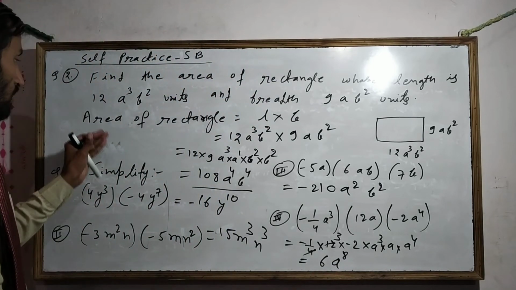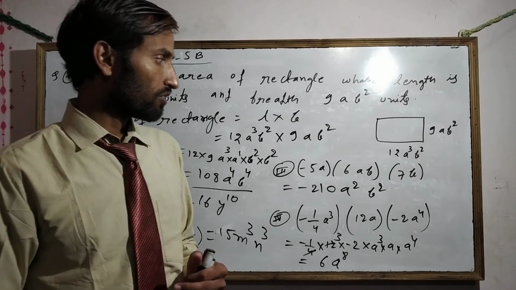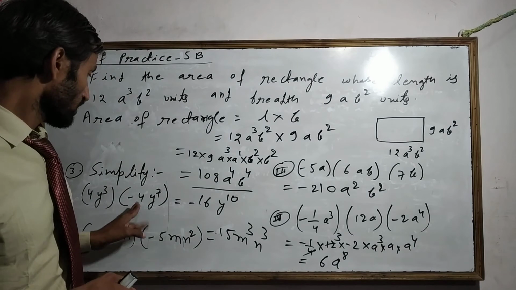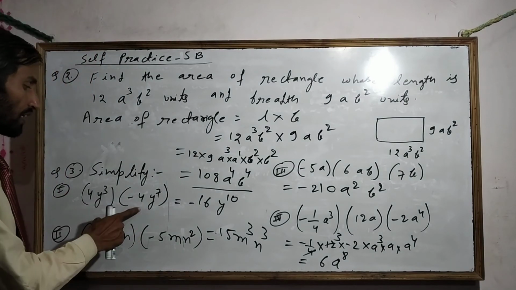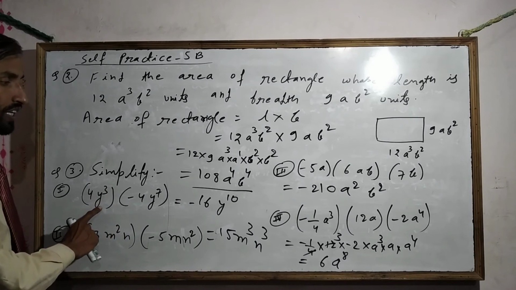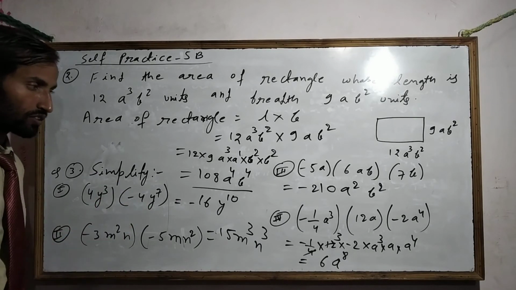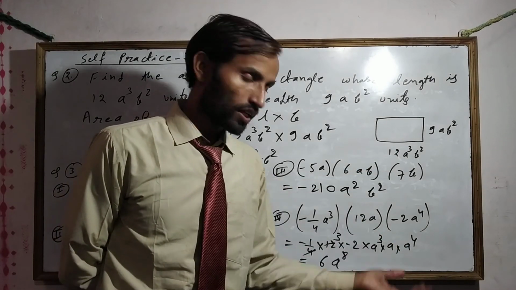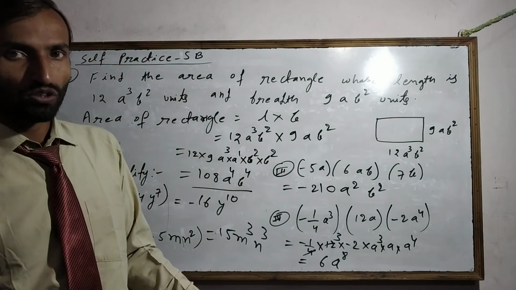Next, if 3 monomials or 4 monomials are given, we have to follow the same process that we did in the first process. Means monomial 1 and 2 both are multiplied, number to number, and then if the variable is same then you have to add the power if multiplication is there. Same here we have to follow in the 3 monomials, and if 4 monomials are also given sometimes, you will follow the same process. Okay, that's all.